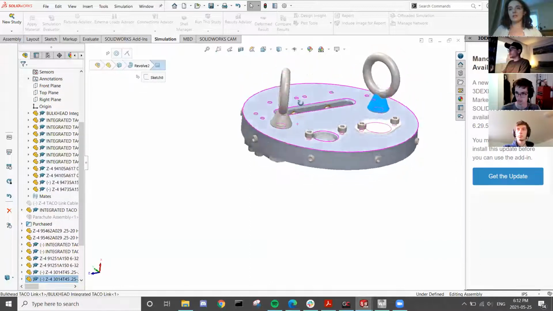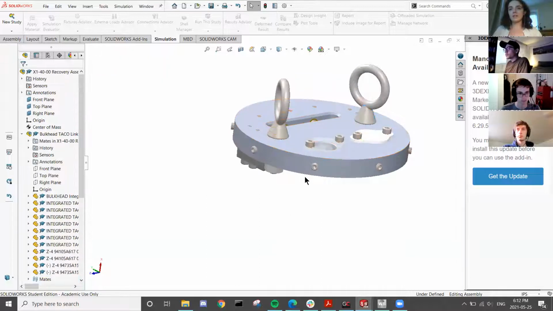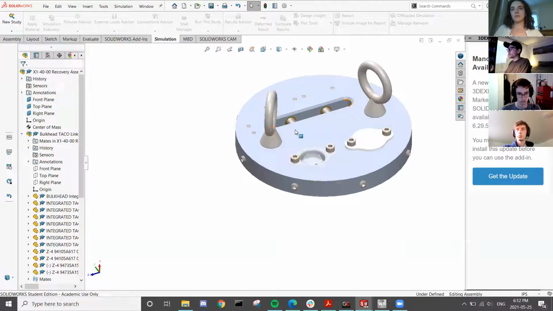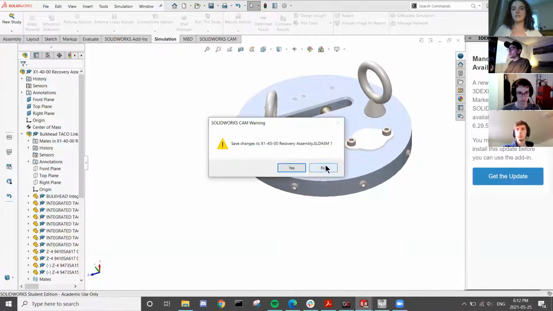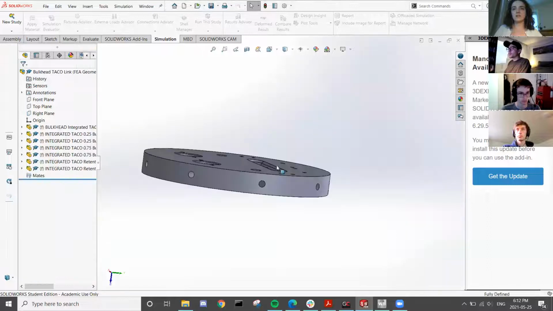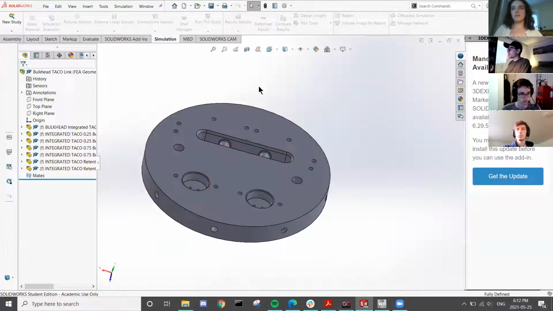But the load, and the nuts, but the load was not really transferring to the bulkhead, just because it's hard to model threads and stuff. So I ditched the eye bolts and just did the bulkhead and the pins. That looks like this. So this is the step file, but once you have your part or assembly that you want